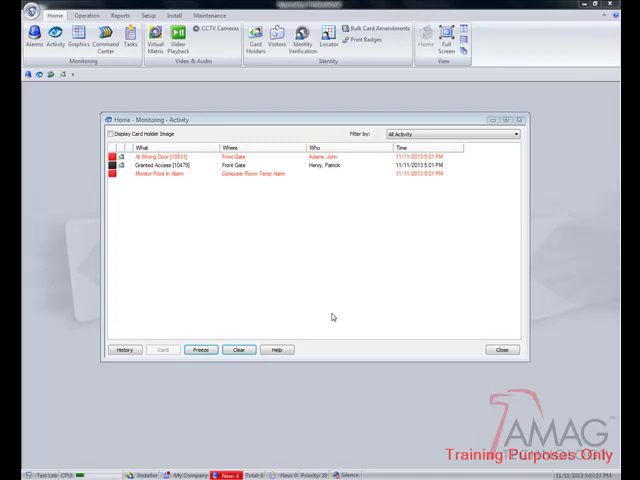This Symmetry On Demand training module will demonstrate using the activity and alarm screens. First, we will look at the activity screen. The screen enables you to view system activity, meaning details of any alarms, events, and system messages as they occur,